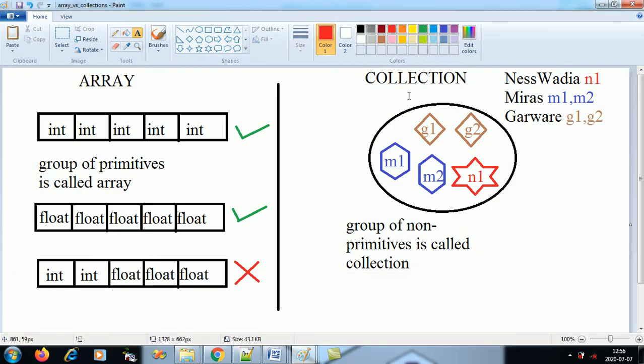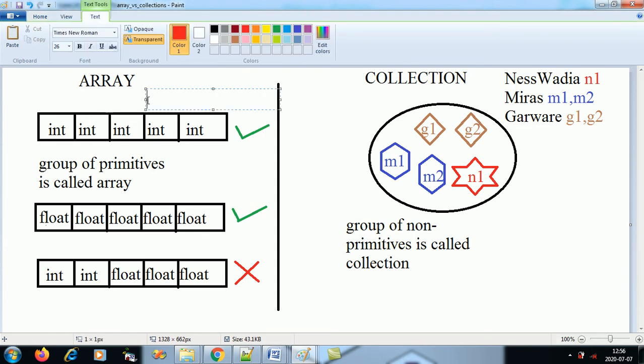In that you have a term called collection. This we will study in advanced Java. A collection is similar to an array. The difference is that an array is a group of primitives, like an array of integers or an array of floats, and they are all homogeneous. If an array is of integer, it will be integer throughout.